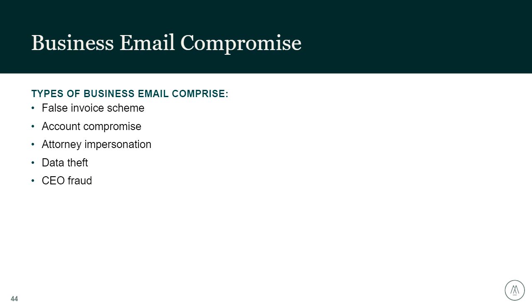So business email compromise, again, this is one of the biggest pieces on that pie graph related to attacks in 2023. Some of the standard types of business email compromise that we see are false invoice schemes, where a fake invoice is made that looks very real and submitted for payment, account compromise, meaning banking information is given up or passwords are passed along, attorney impersonation, data theft, and CEO fraud. That CEO fraud is, again, a very common one where we see someone pretending to be the CEO and sending an email to wire a large sum of money or write a check.